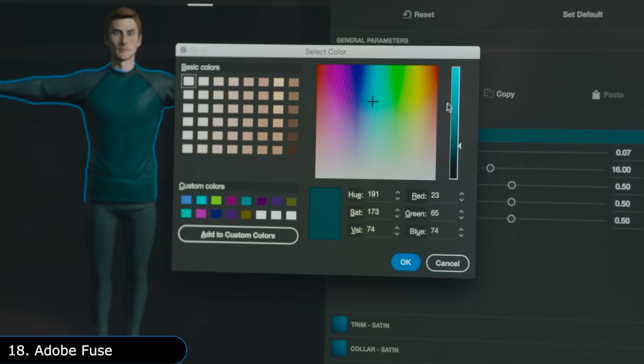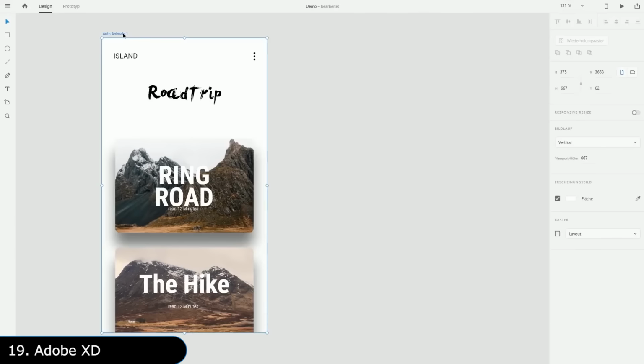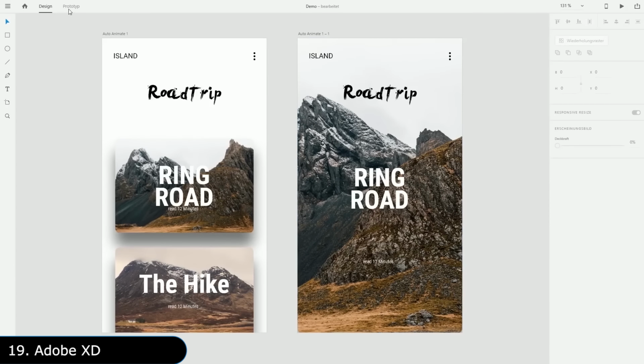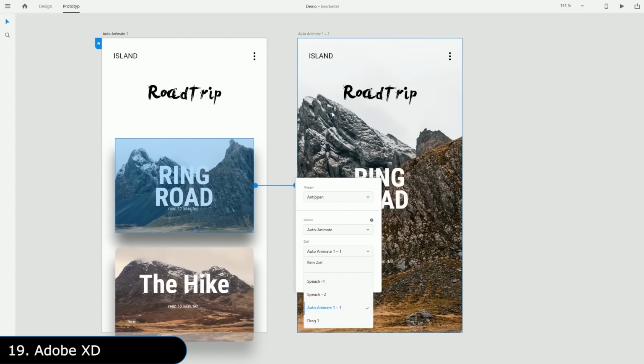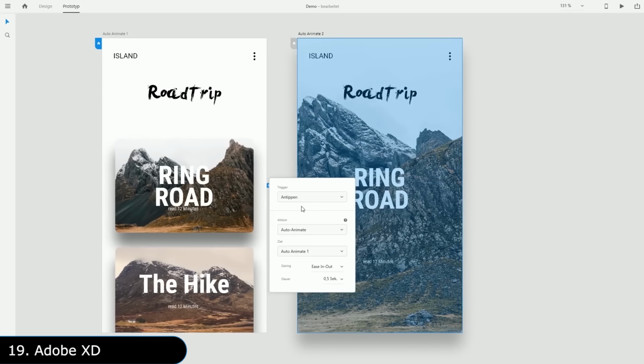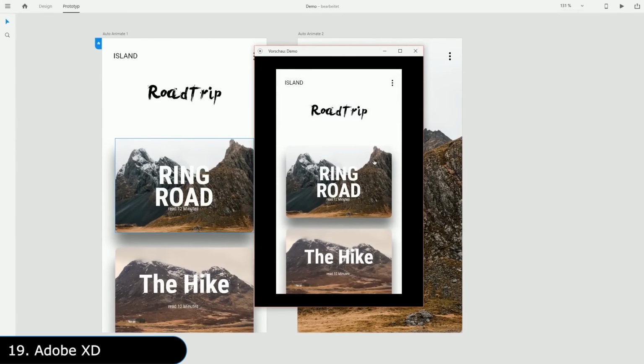clothes, textures, colors, etc. Then there's Adobe XD, which is a user experience and user interface prototyping tool for designing apps. It allows you to quickly make the mock-up of your app so that everyone can see and discuss it before developers start doing the hard work of coding it.